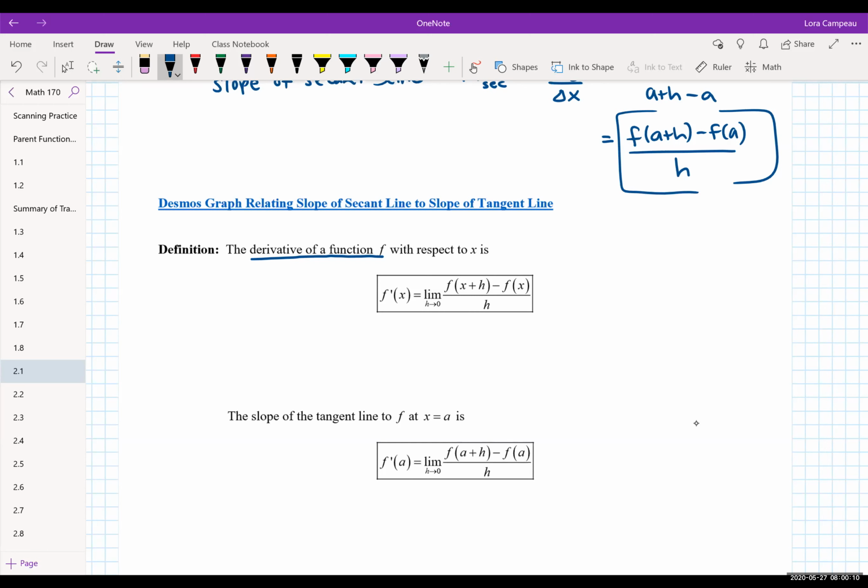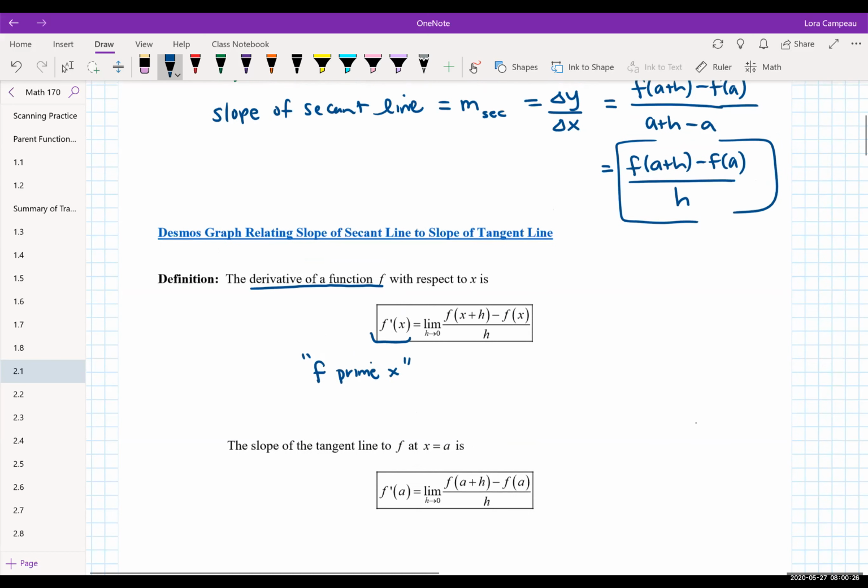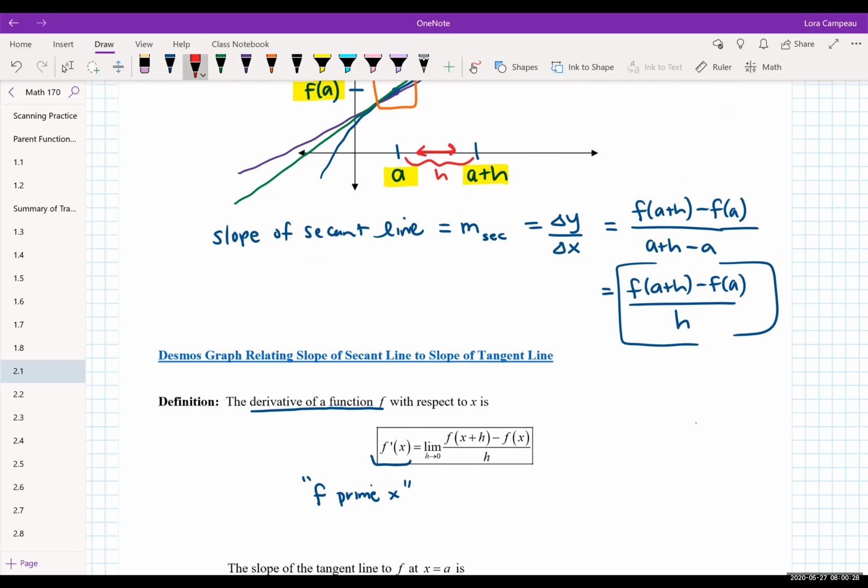Some people shorthand, they call this value in English, they say f prime x, if you were going to say that out loud. And what we're trying to describe when we were trying to get the h to shrink, the distance between a and a plus h to shrink, our job was to get h to approach